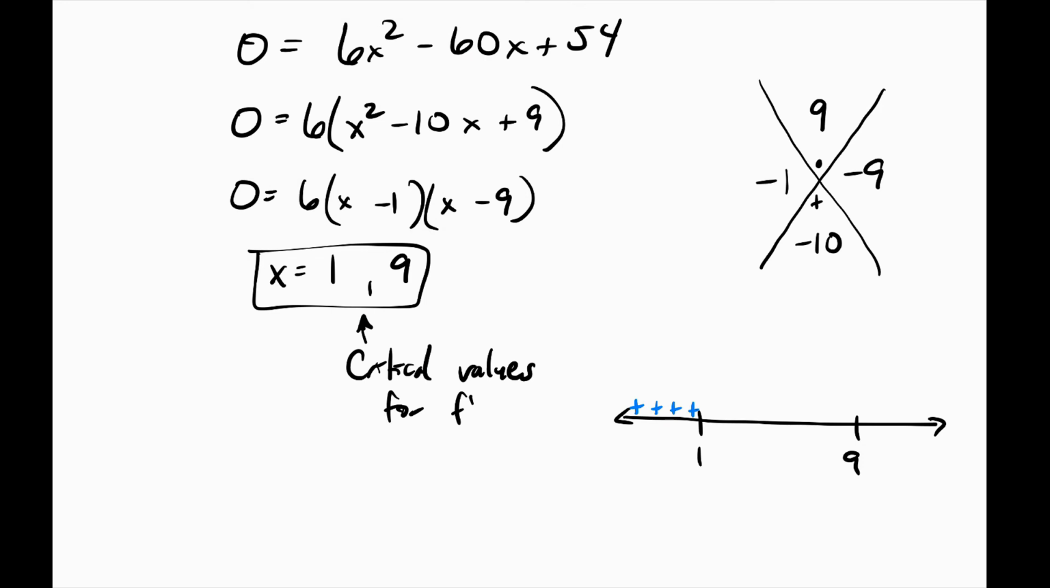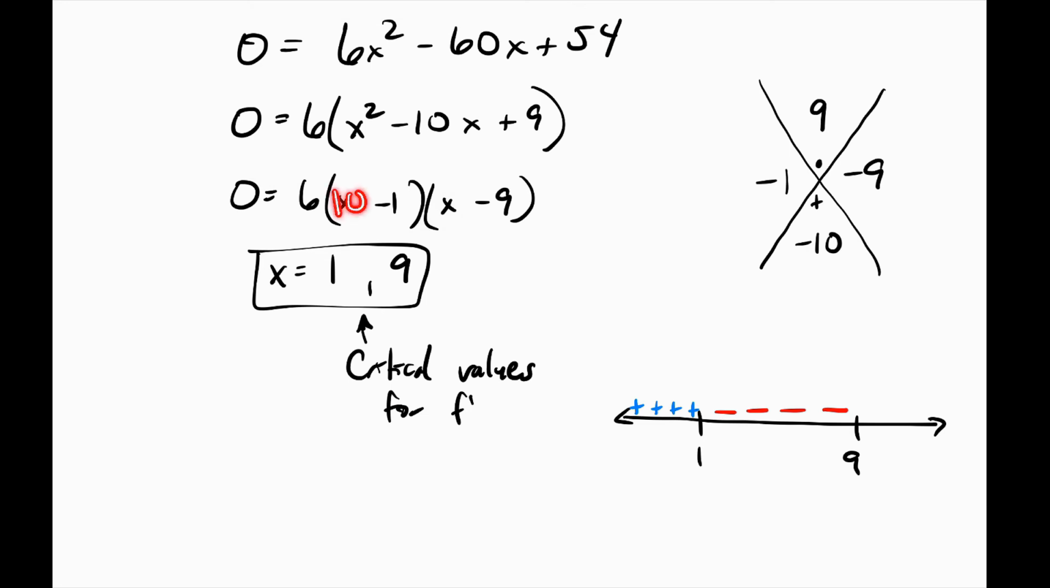One and 9, 2, 3, 4, 5, any of those numbers. Okay, so pick 2. If I plug in 2 here, 2 minus 1 is positive, 2 minus 9 is negative. So a positive times a negative times another positive, you get a negative answer. Okay, after 9,